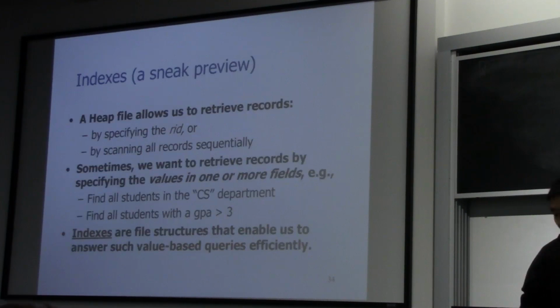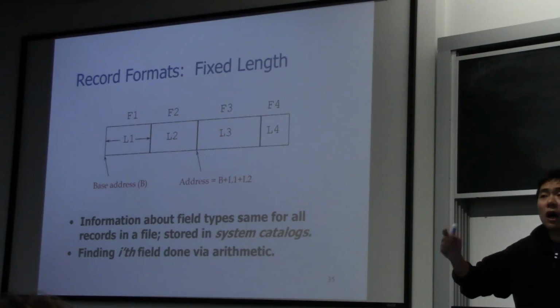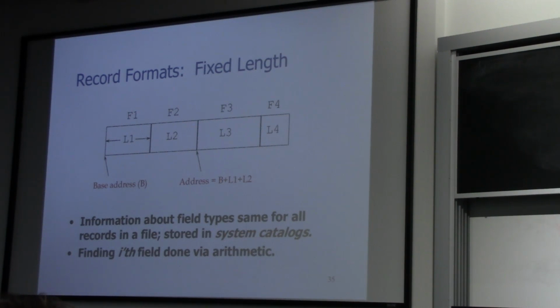Okay. So that's about two different organizations of data pages on disk. In addition to this discussion, I also have slides which I'm going to skip, by the way, on how attributes in a record are organized. So remember, a heap file tells you how you organize pages in a file. Right? You have multiple pages and how you organize them into a file. But in addition to that, we also need to know inside each page, what do we have? We have a collection of records, right? How do you organize those records in a page? We haven't talked about that yet.